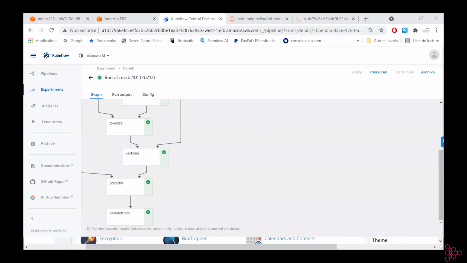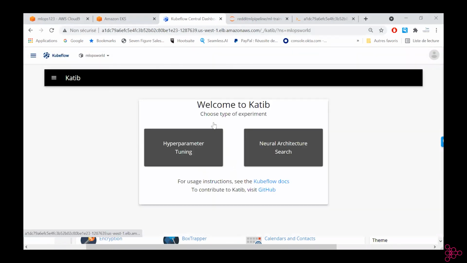Awesome. So, me talking for almost 3 hours. Then we have Katib for machine learning, this one here. This is basically a cool tool as well for hyperparameter tuning and neural architecture search. You could test it later at home and perform whatever you want in terms of hyperparameter tuning.